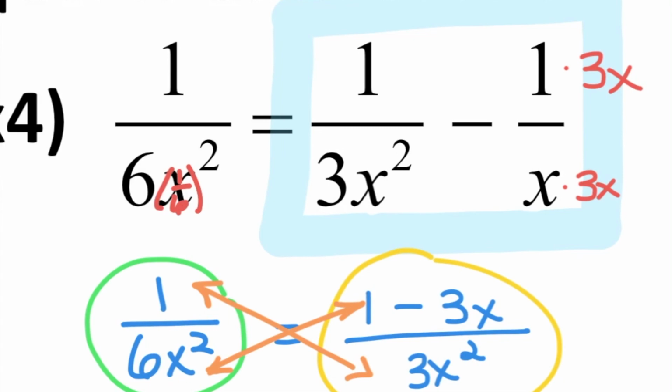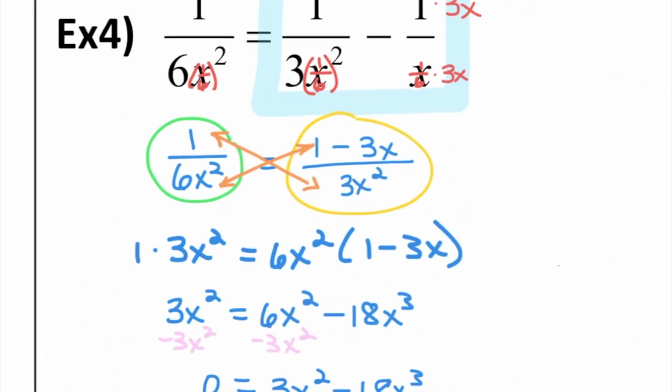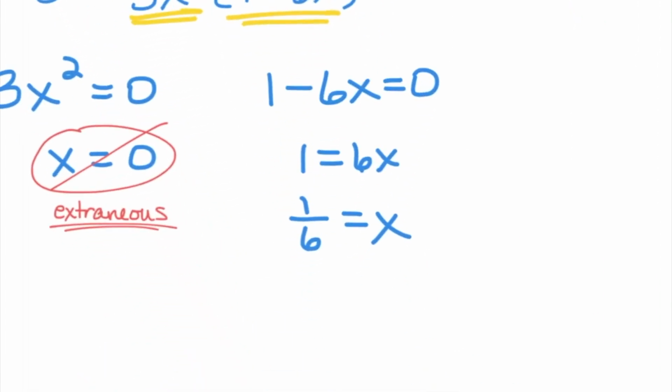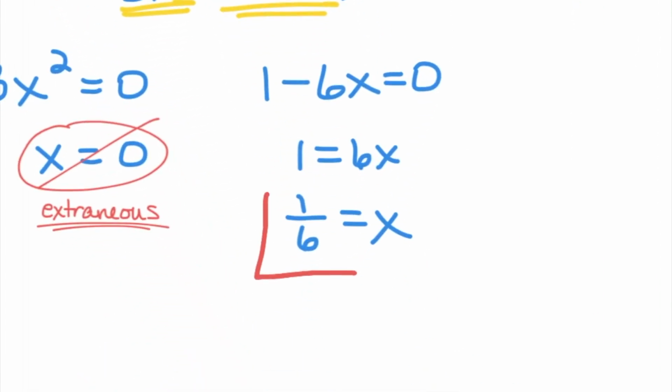You don't actually have to walk it through. 1/6 squared is 1 over 36. That's not going to be 0. 1/6 here, that's still that 36, that's not going to be 0. And 1/6 here, that's not going to give you a denominator of 0. So 1/6 doesn't give you a denominator of 0 anywhere, and so 1/6 is